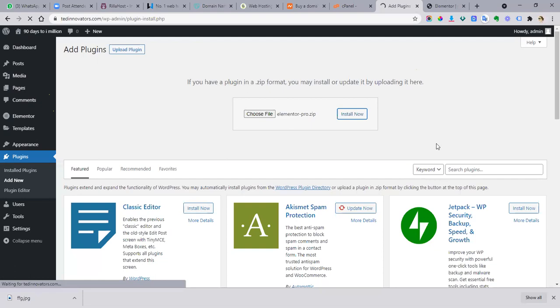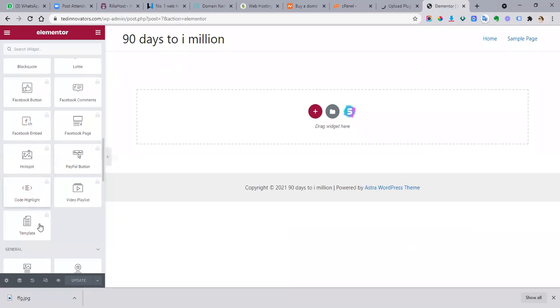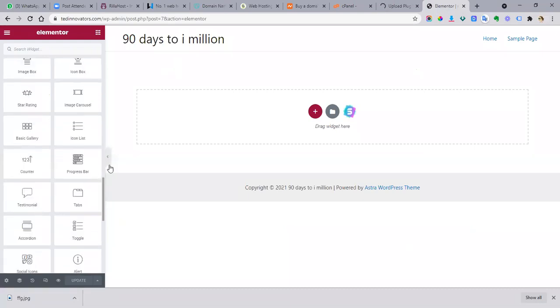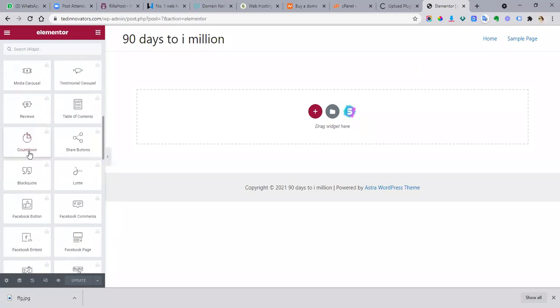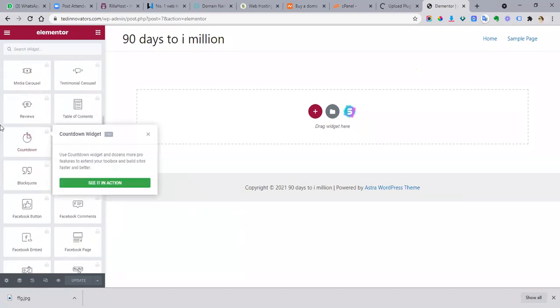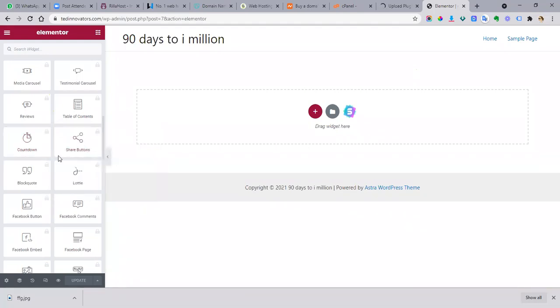We are using the Pro version just in case you want to add some finesse to the site. But the free version is enough for you to do whatever you want to do. But I like working with the Pro version so that I don't have limitations. So all these things that are locked can be open. Like I want to have a countdown timer on my website for a fast bonus action. I can decide to have this, but it is locked, so I can't use it. I want to have testimonials of people in block quotes. So that's why I want to use